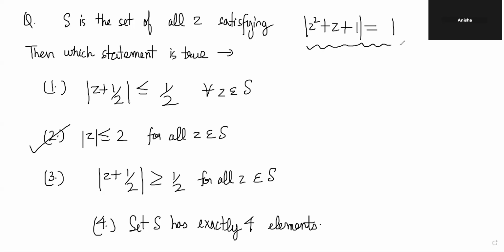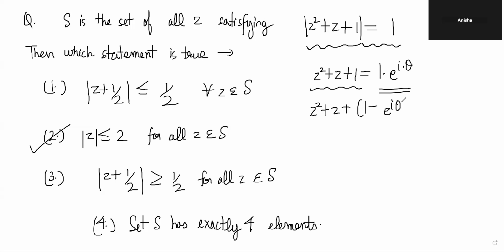See, from here, what can we say? Mod of this is 1. So directly the complex number will be some 1 into e power i theta, right? The complex number can be written as this so that the mod will be 1. Now you can just solve it like a quadratic and get a condition. This is a quadratic on z. If you want, you can just solve it like a quadratic and set z is equal to -1